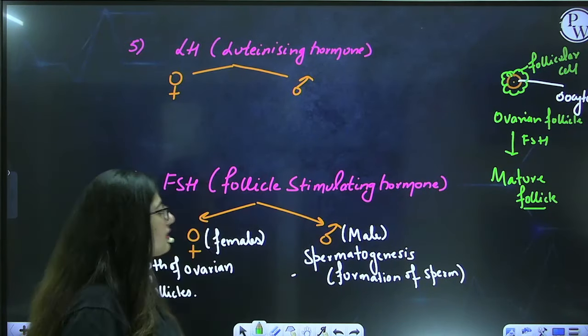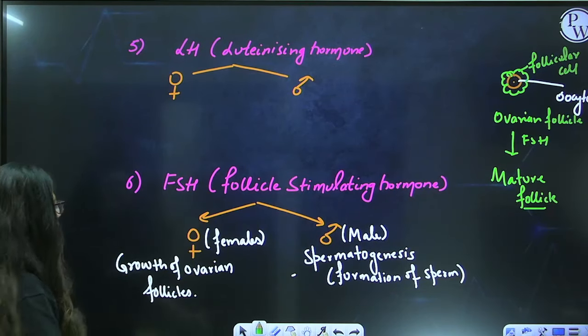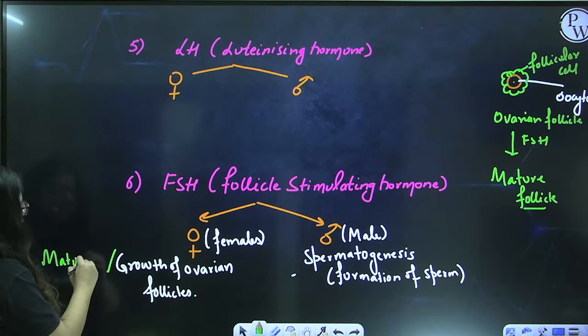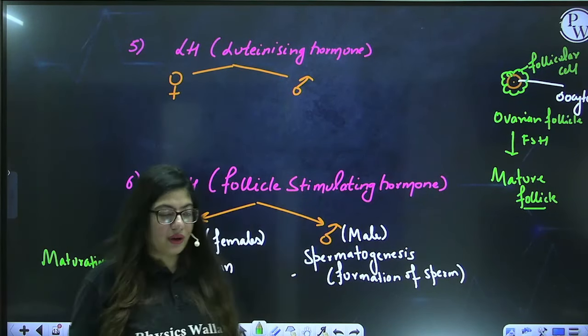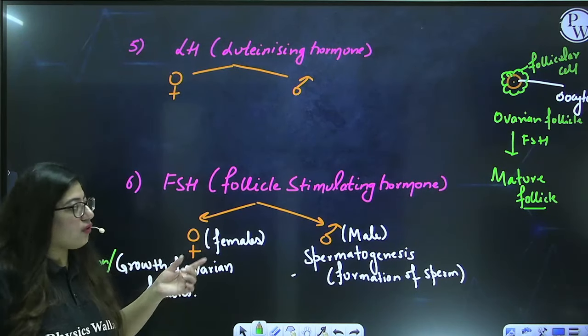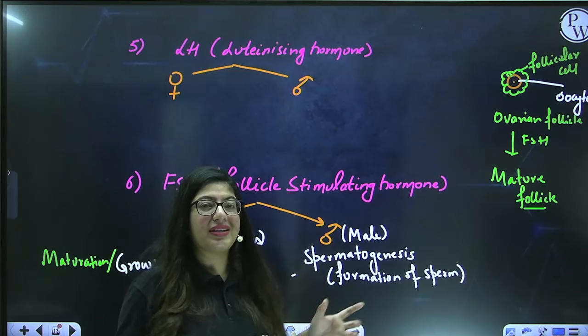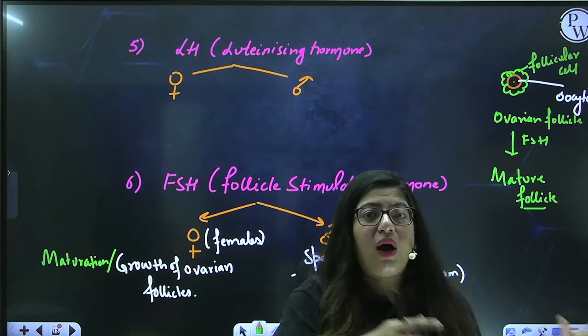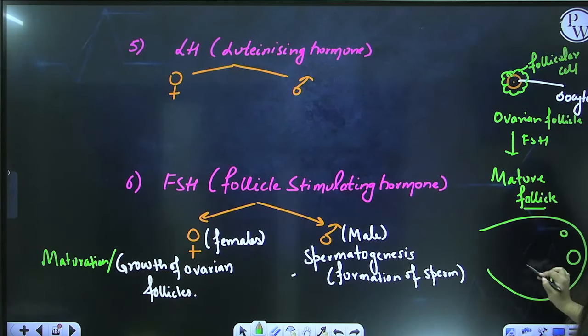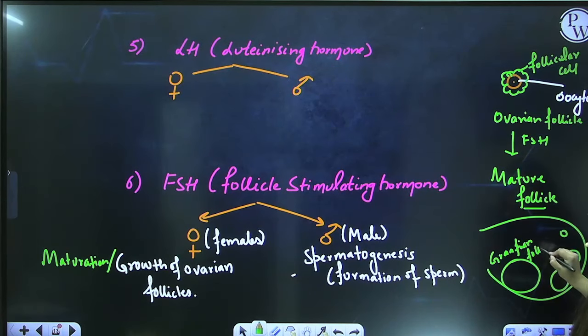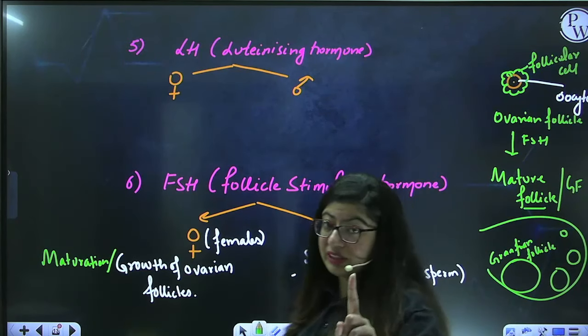All right. So this maturation process, the growth or maturation of these ovarian follicles, occurs with the help of hormone FSH. Fine. Now, once the mature follicle is formed in the female, this follicle is present inside the ovary. It has to come out of the ovary, right? If this is the ovary of a female, this is how the follicles are developing. Once this mature follicle is formed, which is known as Graafian follicle, the mature follicle is also known as Graafian follicle. I am writing GF here. GF doesn't mean girlfriend, it means